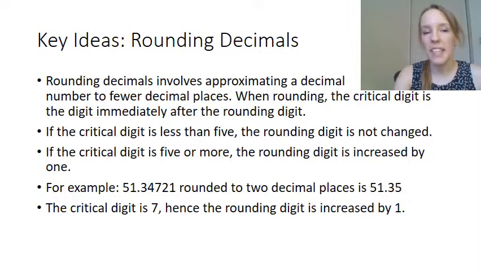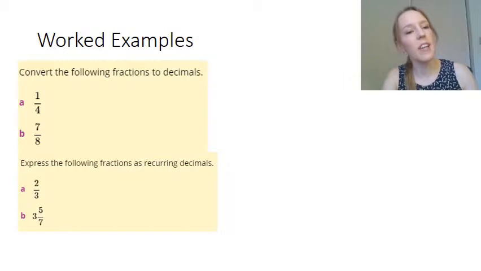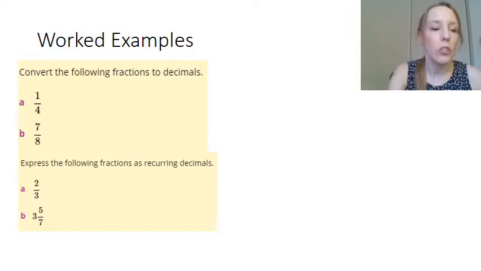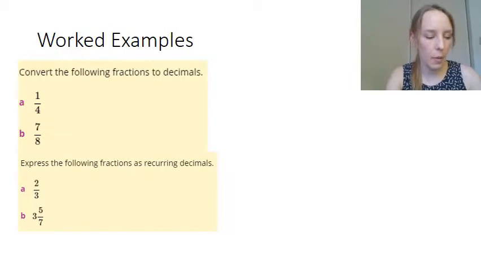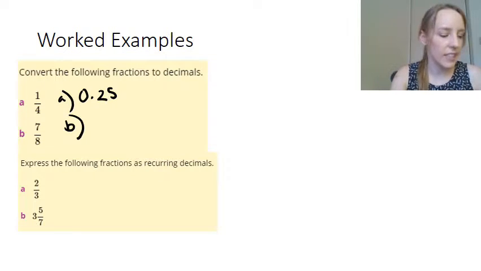We'll have some worked examples here so you can have a look at a few more. Convert the following fractions to decimals. So 1/4. In your calculator, you just type in 1 divided by 4, and you get an answer of 0.25. That's for A. For B, you've got 7/8, so 7 divided by 8 into your calculator, and you get an answer of